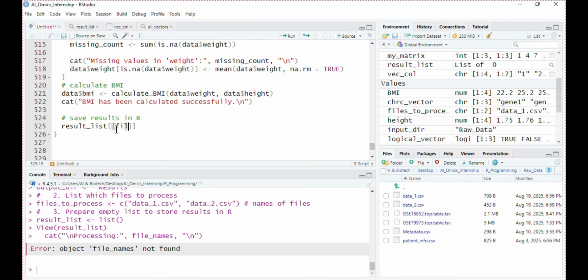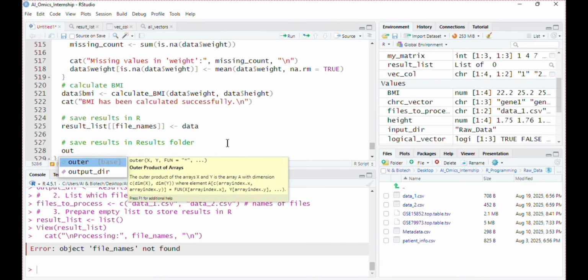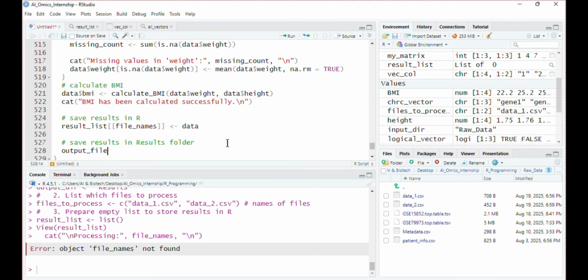Next, we want to save results in our results folder. To do so, we have to mention the output file path. Initially, we created the input file path. Now, in the end, we will create the output file path using the same file.path function.